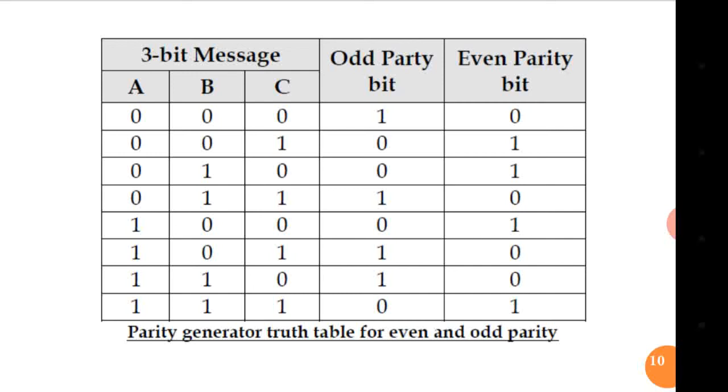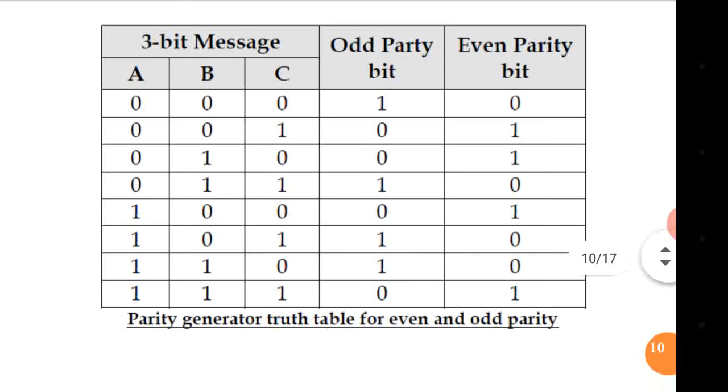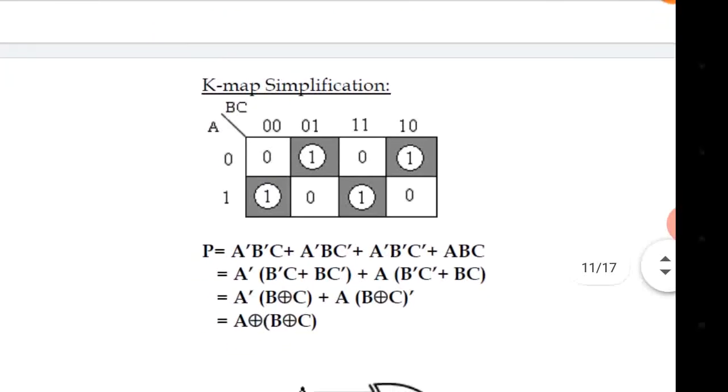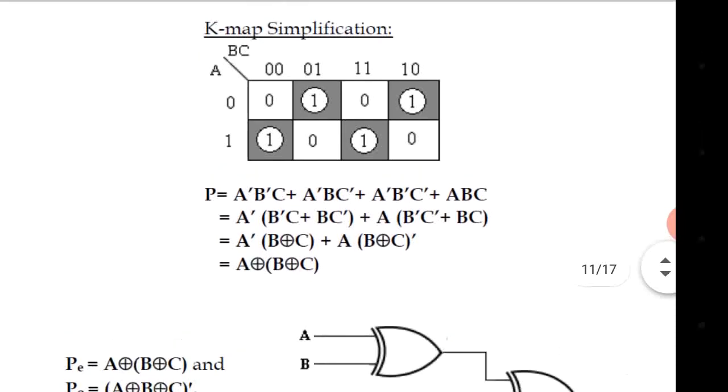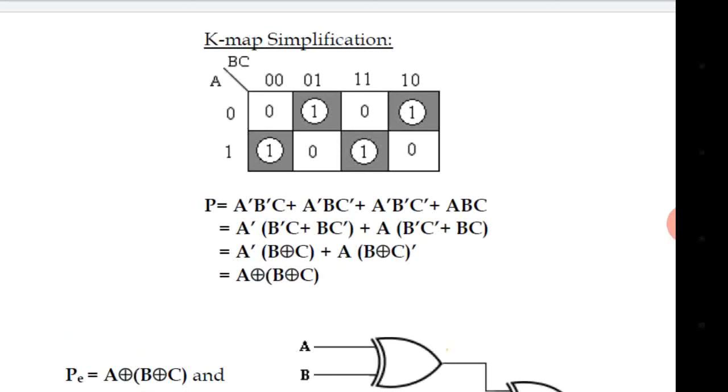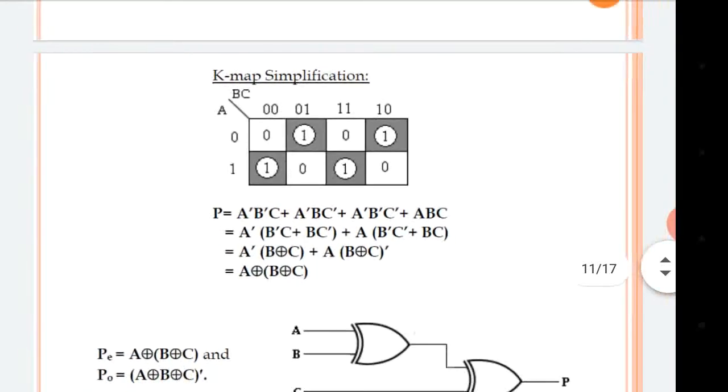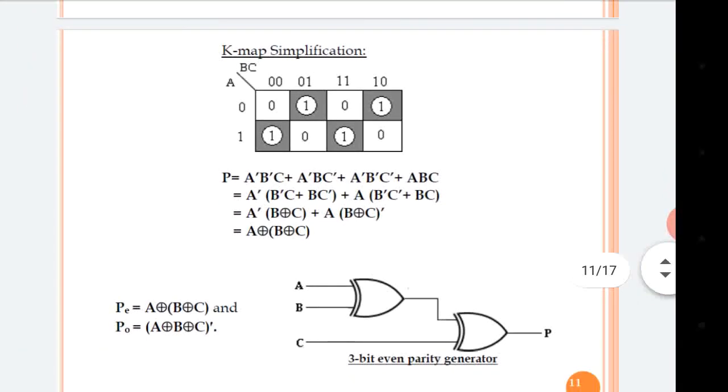Afterwards, we want to obtain the expression for the output, which is the odd parity bit or even parity bit. For that we have to solve a K-map. There are 3 inputs, that's why we will select a 3 variable K-map and we will simplify. So this K-map is simplified